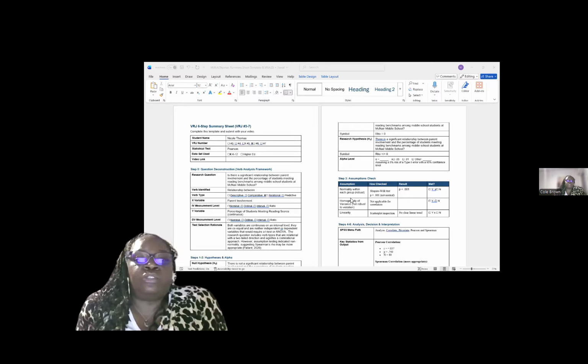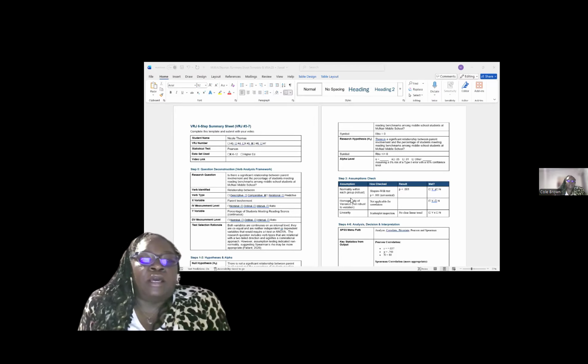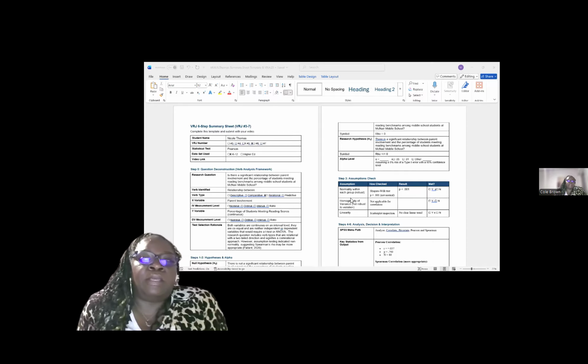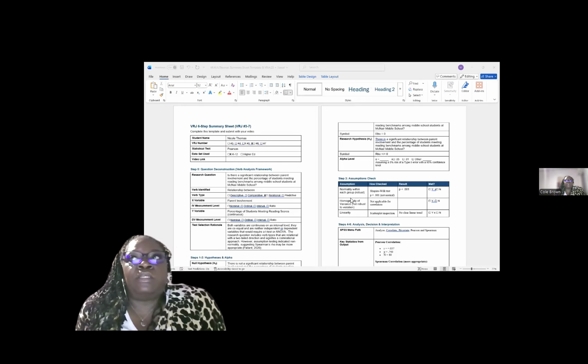They're both continuous, so that follows the assumptions. They're neither independent nor dependent, because that would signal that we need to run a t-test or an ANOVA, based upon the number of variables with the ANOVA. But the research question is two-tailed in its direction, and it signifies a correlational approach.